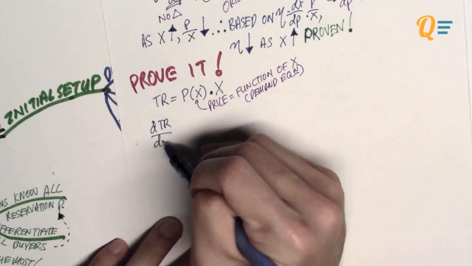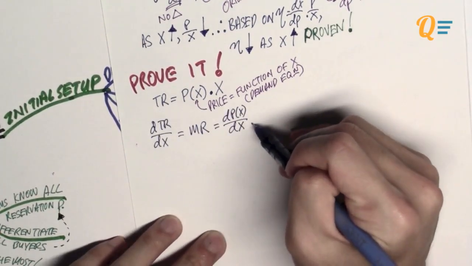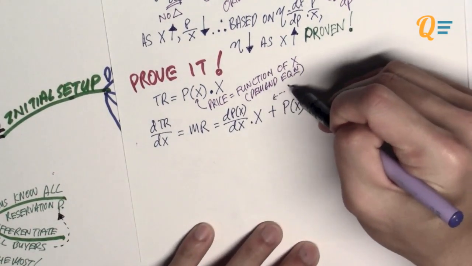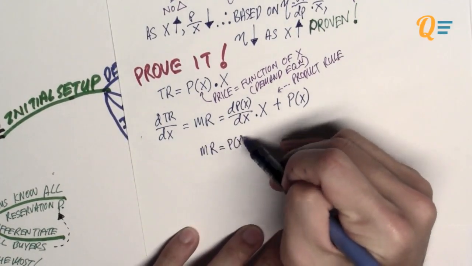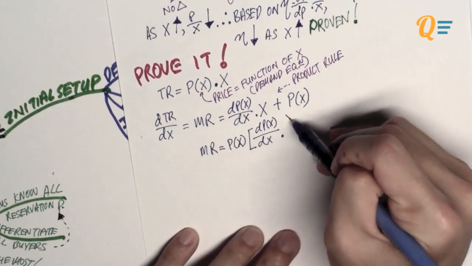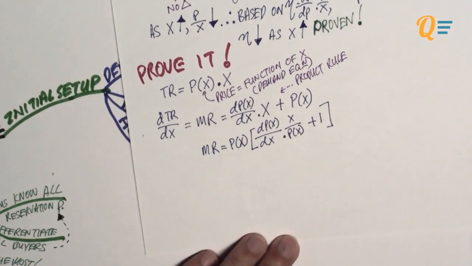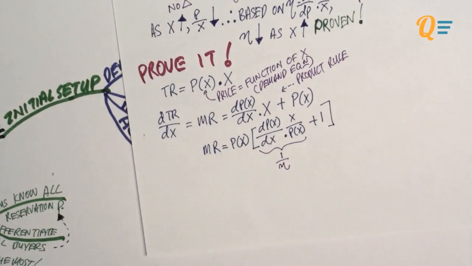I'm going to differentiate total revenue with respect to X to get marginal revenue. I'm going to get the first differential of the demand equation multiplied by X plus the demand function again. And this is because of the product rule. Simple differentiation. Now I'm going to factorize the demand function out of the equation. I'm going to get this. So I need to divide X by the demand function, and the demand function is going to be left with 1. And what you notice is that this figure over here is actually the inverse of the price elasticity of demand,